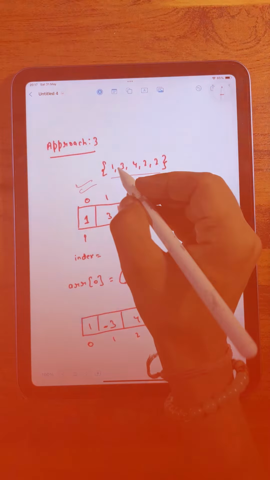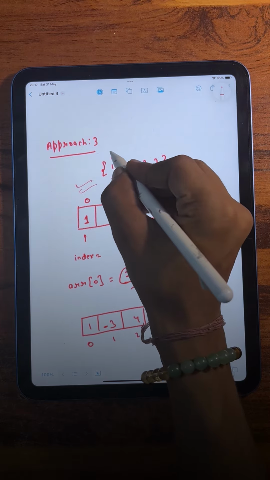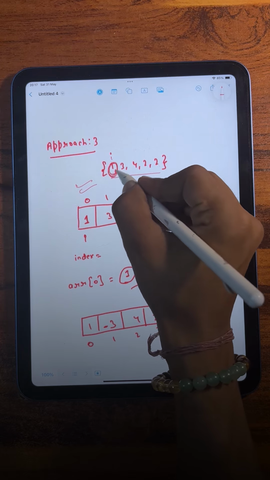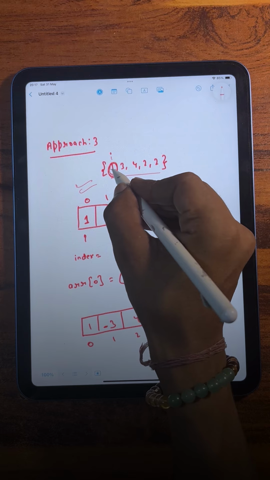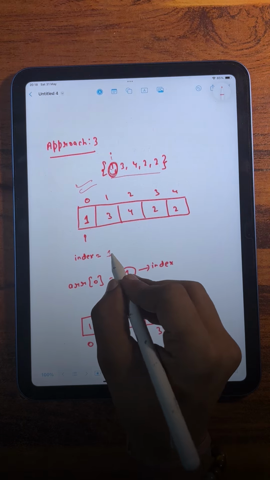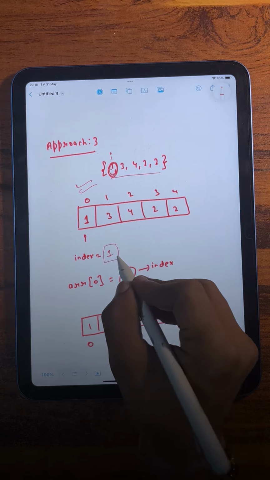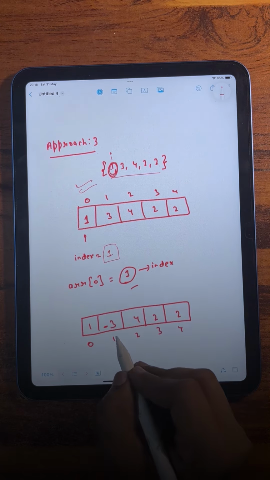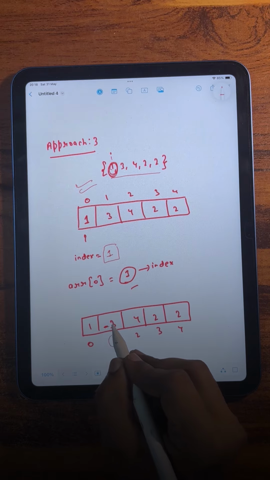So what we are doing here, first we will iterate over the array. For example, if the value at i is this element, I will take its absolute value and use this as an index. So I have index 1. Now I will go to this particular index and mark that element negative. So array of 1 means at this index I will mark 3 as negative. Okay,